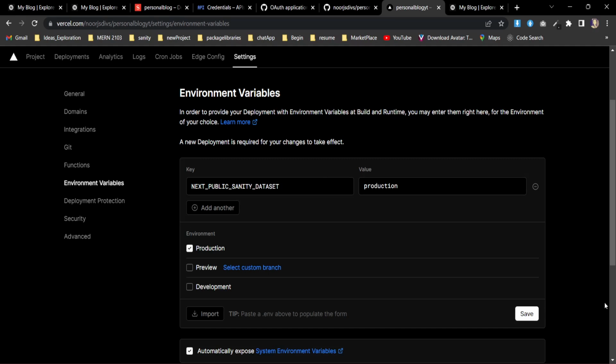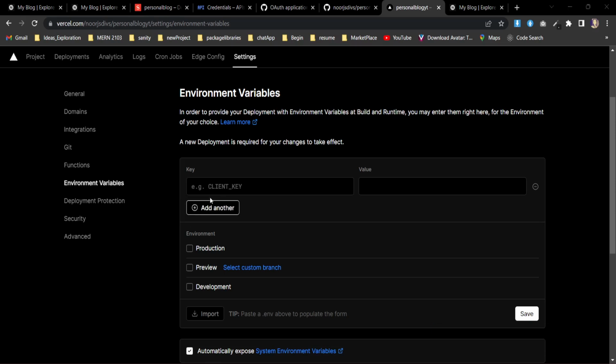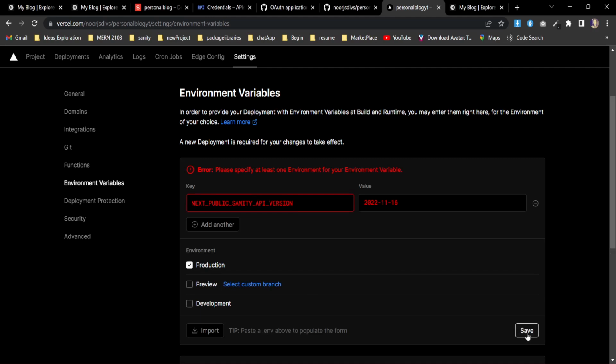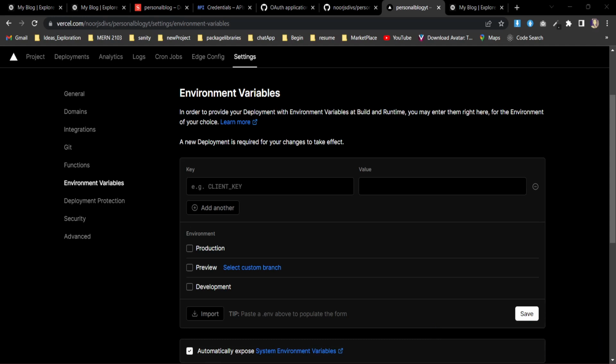So I'm simply adding all the variables from my environment variables over here, because it will take that variable and it can access everything from here. And also the API version over here, it will be that version. Oops, I need to click production. So now I'm gonna also put all the other secrets for Google and GitHub. I will add them the same way. Also for the Sanity token and GitHub, I'm gonna pass that one and give the value over here. You also try to add all of your values